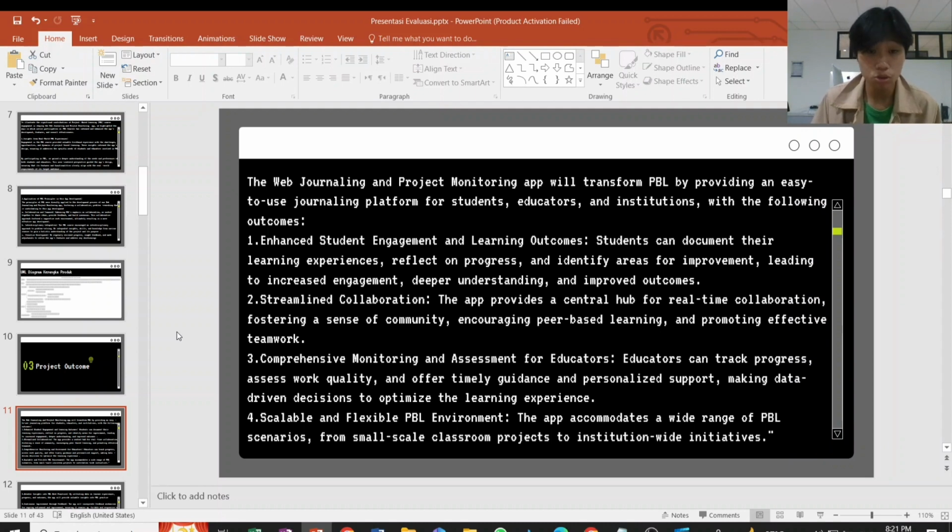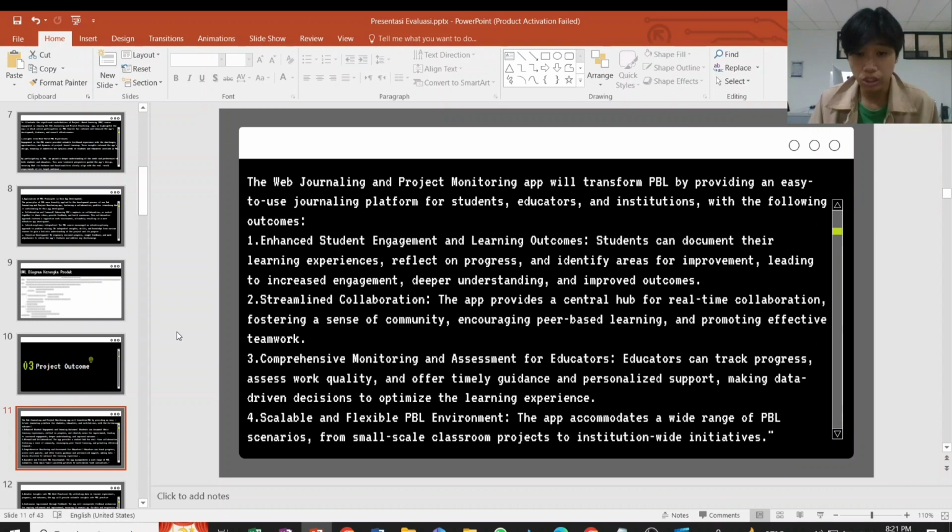Number 2, streamlined collaboration. The app provides a central hub for real-time collaboration, fostering a sense of community, encouraging peer-based learning, and promoting effective teamwork.